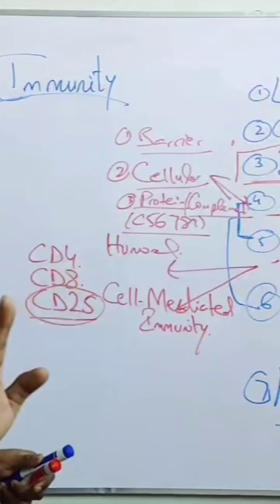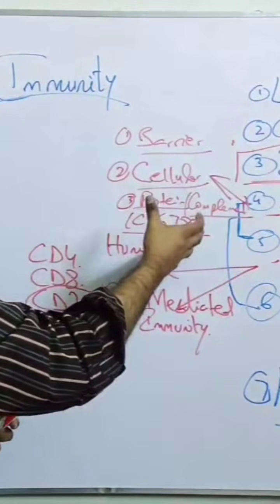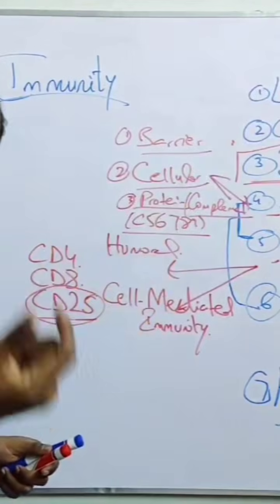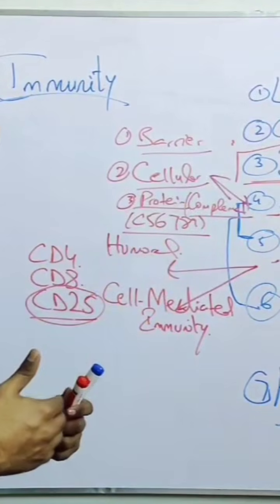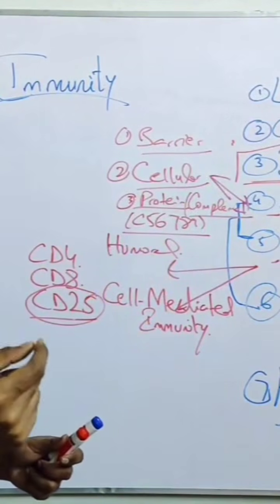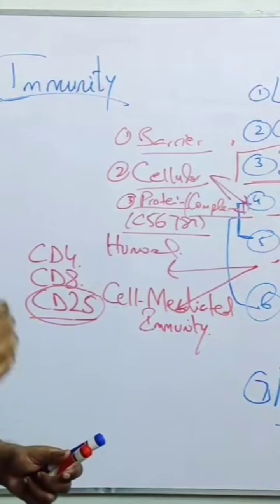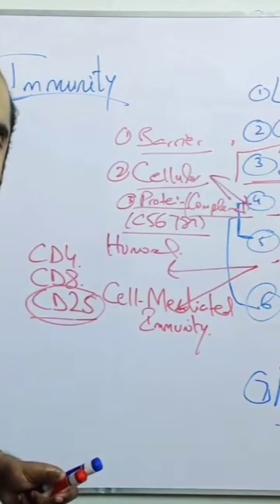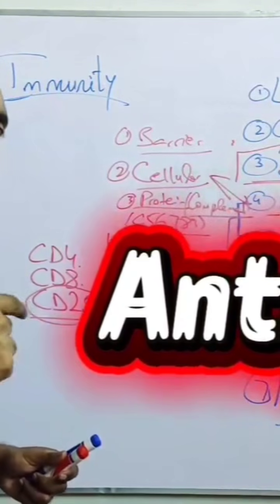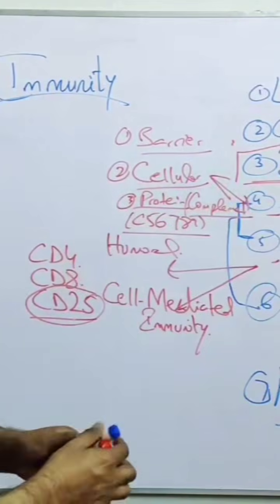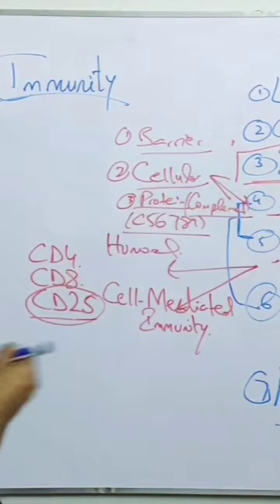But that's not the end of the story. So when the macrophages or neutrophils phagocytose, so it's degraded the microorganism, and maybe we get an antigen or any protein which can generate an immune response. So antigen is any substance which can generate an immune response. So when it is degraded, so the APC